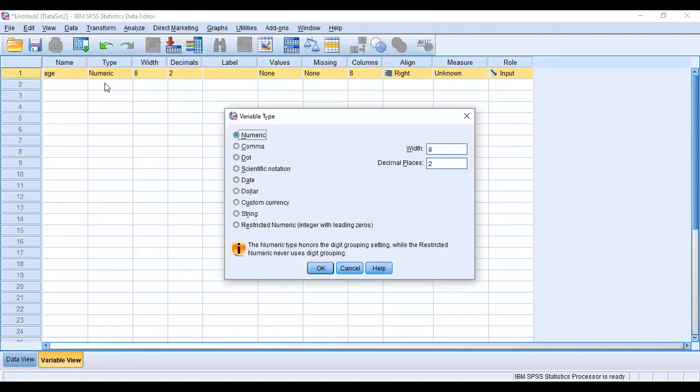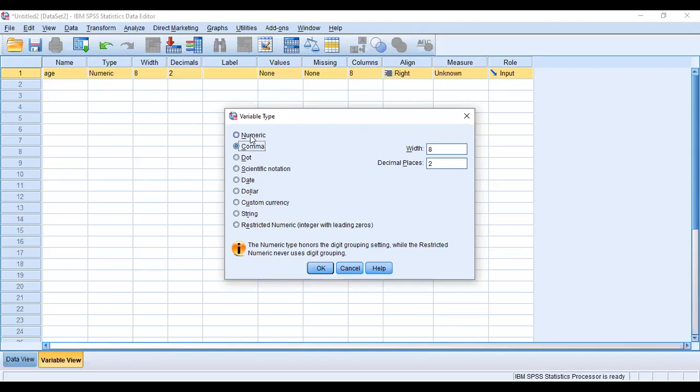This type is very, very important. Age is going to be a numeric variable. If you make it a comma variable, what does that mean? For example, to write a large number, say 5,677, we use a comma in between. If your data is in that format, then you use this variable.